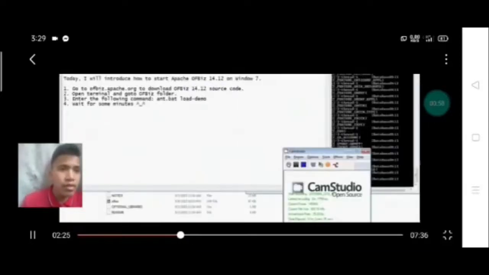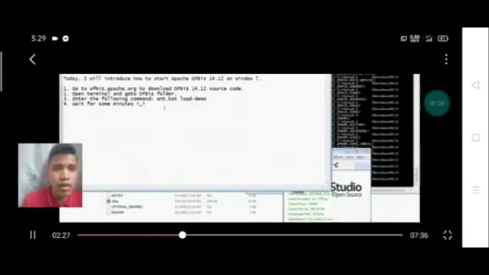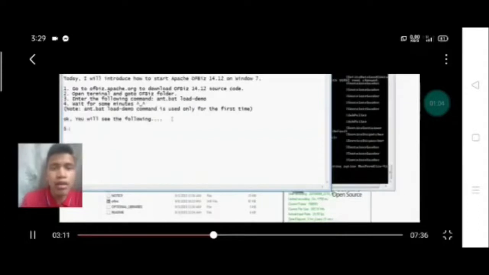Then you will see the command line is running.